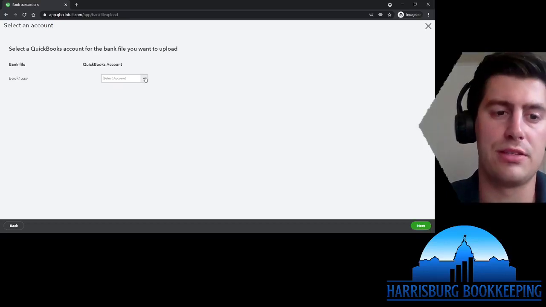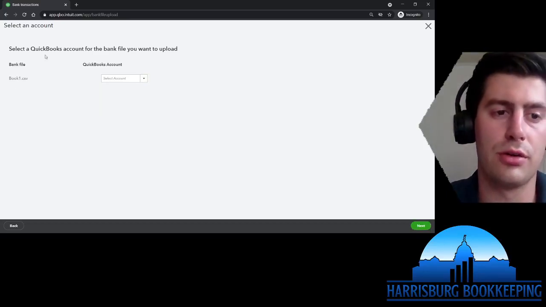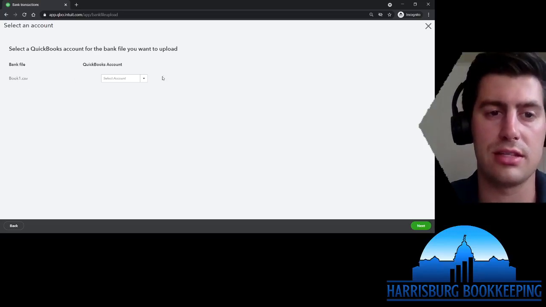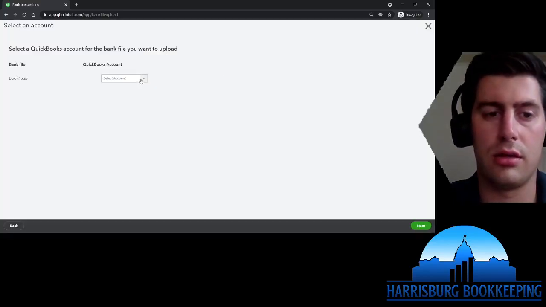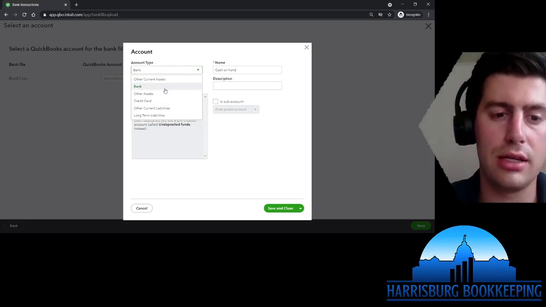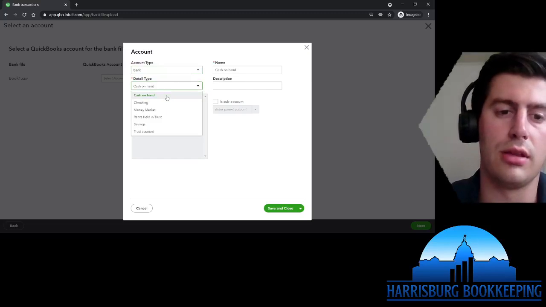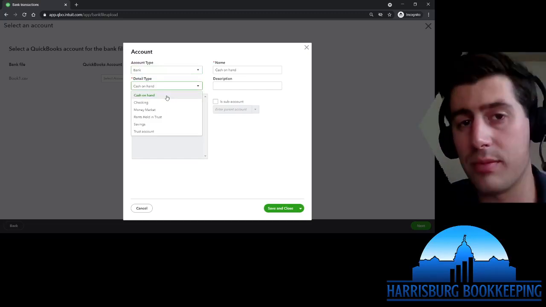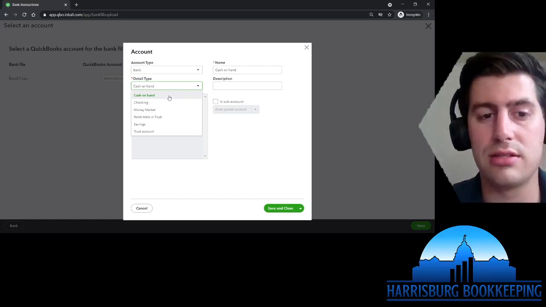Now, this is important. So you imported your .csv Excel file. Now you need to tell QuickBooks where to put it. So you're going to drop down arrow, add a new account. More than likely, it's either going to be a credit card or a bank. So this is what I said before. If you have a bunch of cash transactions and you want to open up a cash account inside your QuickBooks,